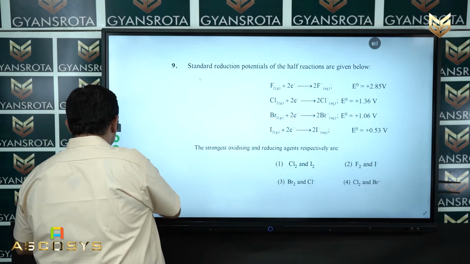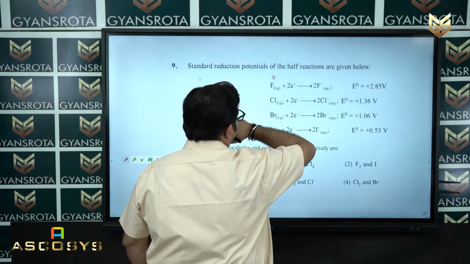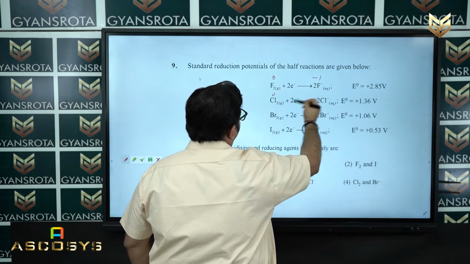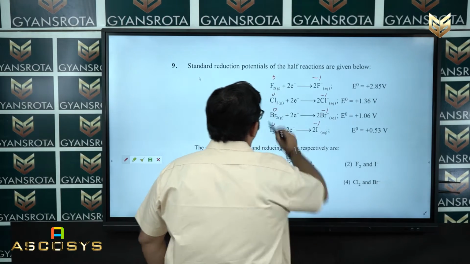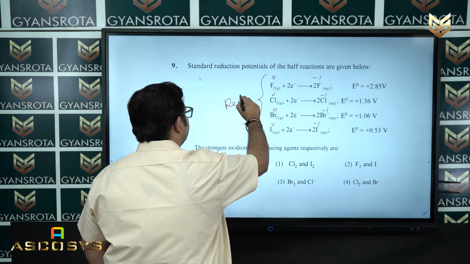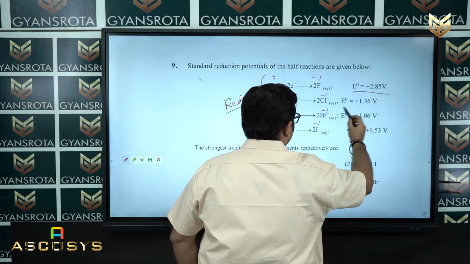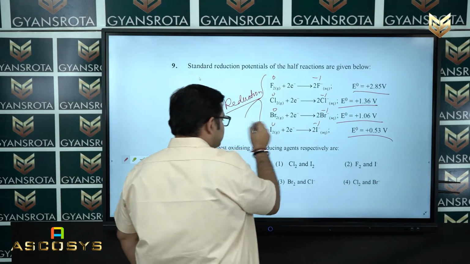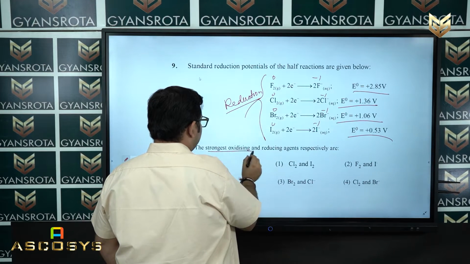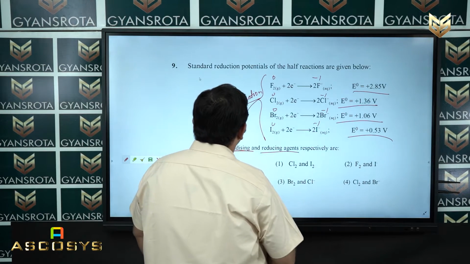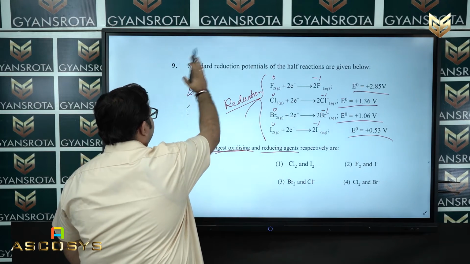So if you see here in the question, F2 the oxidation state is 0, here it is -1, again here 0, -1, 0 to -1, 0 to -1, means in all the processes the reduction will take place. Means these values are nothing but the reduction potential of that species. Now for this we need to find out the strongest oxidizing and reducing agent. Now always remember who has the highest reduction potential value,